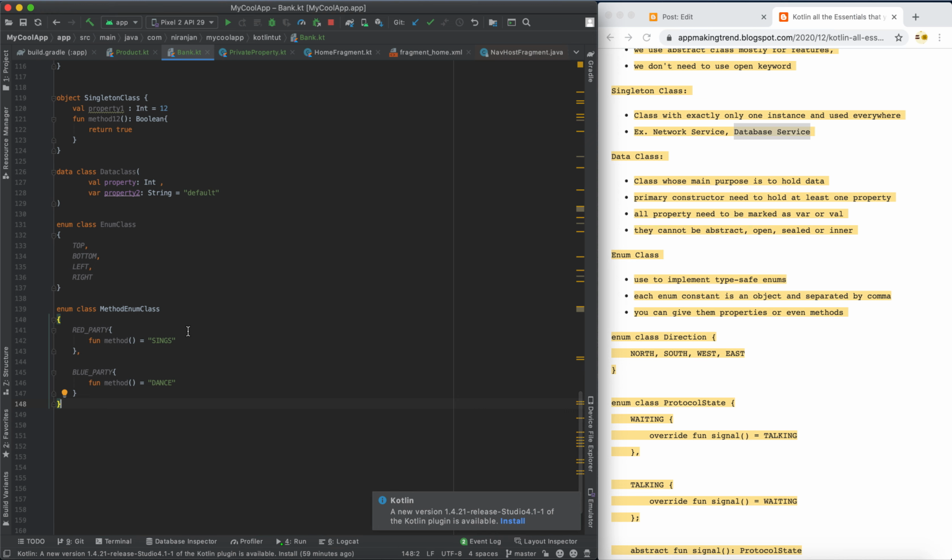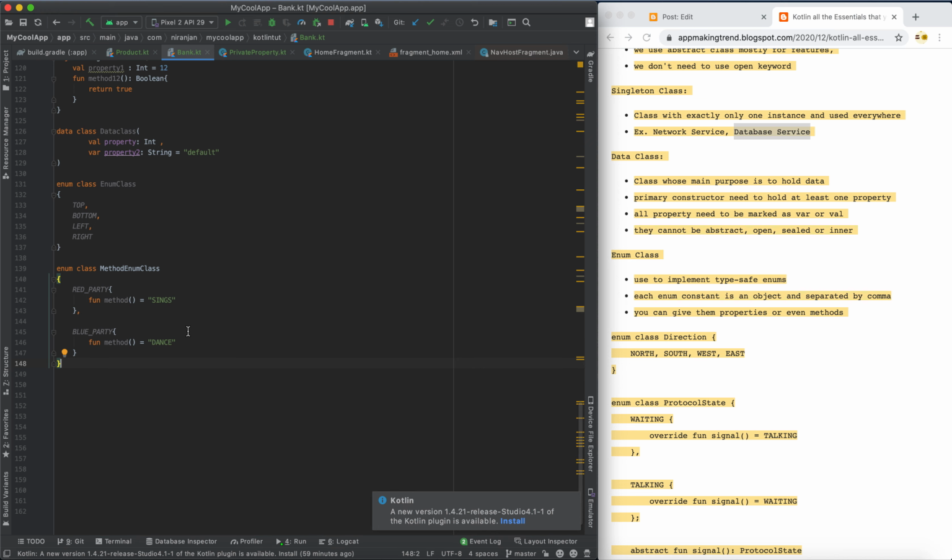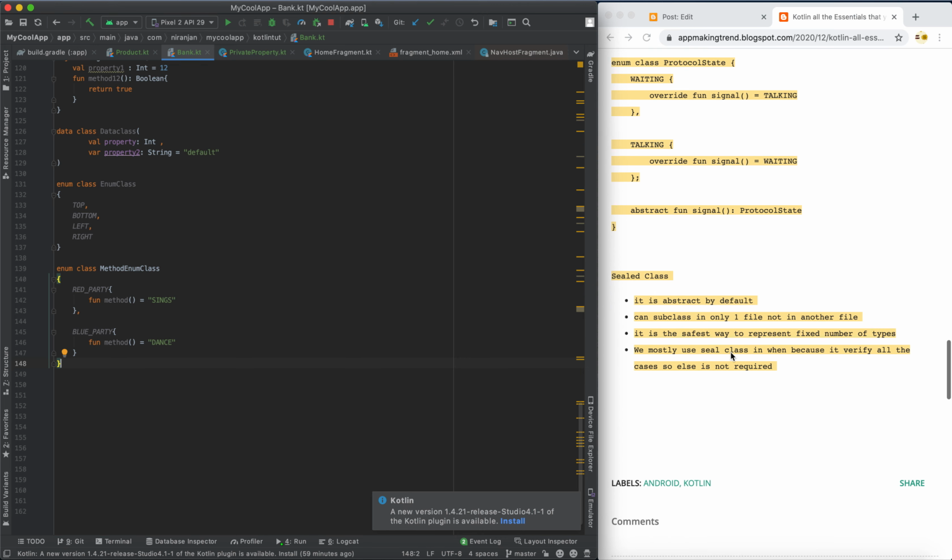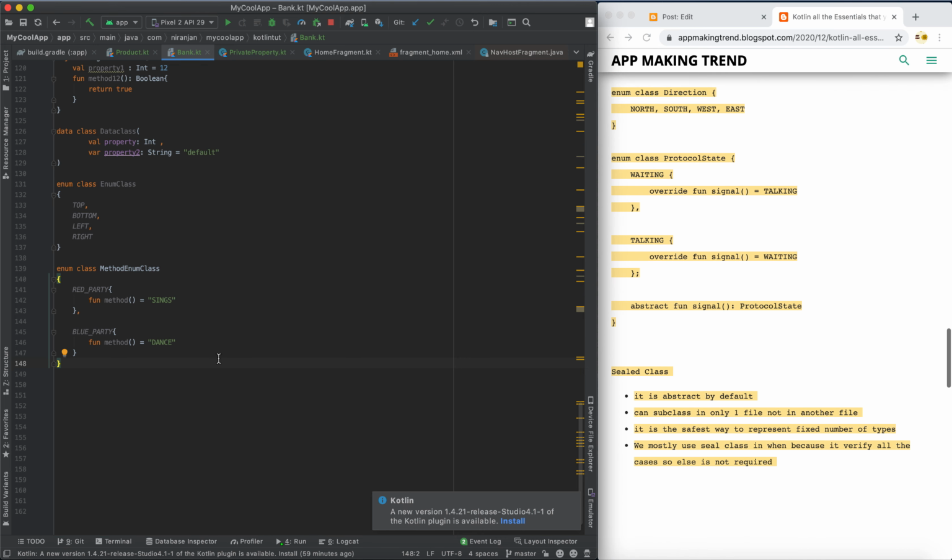Okay, so now we have another class, which is a sealed class. Okay, let's talk about the sealed class now. What is a sealed class? A sealed class is something very special. We can create a sealed class by using this sealed class keyword. Okay, and usually we use a sealed class